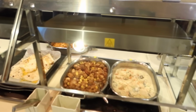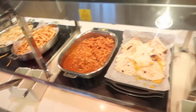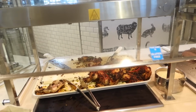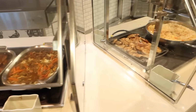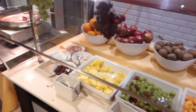So we have chicken a la king, Mongolian pork, quesadillas, fries. What is that? Chicken and spicy tomato sauce. Oh my gosh. We got like a little nacho bar. Over here we have Korean lamb chops, mashed potatoes, gravy, classic fried chicken, roasted tri-tip, barbecue pork ribs, beef stir fry, rockfish, fried rice, of course lots and lots of salads. We've got fruit,